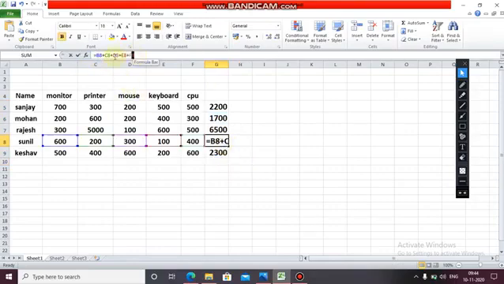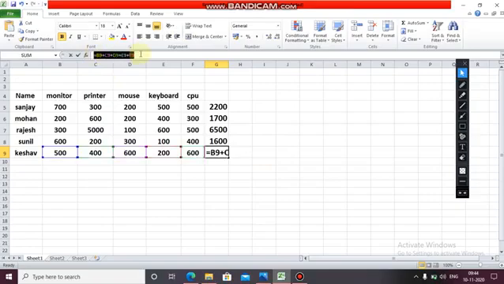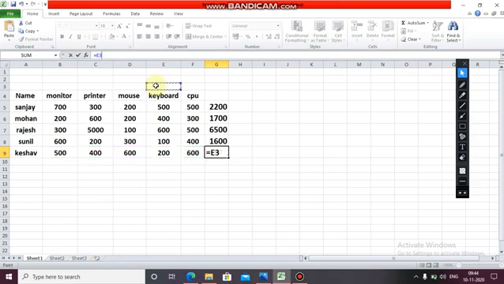See here. Now for this cell you can see a different formula here. So you can just click once again. I am showing you once again.